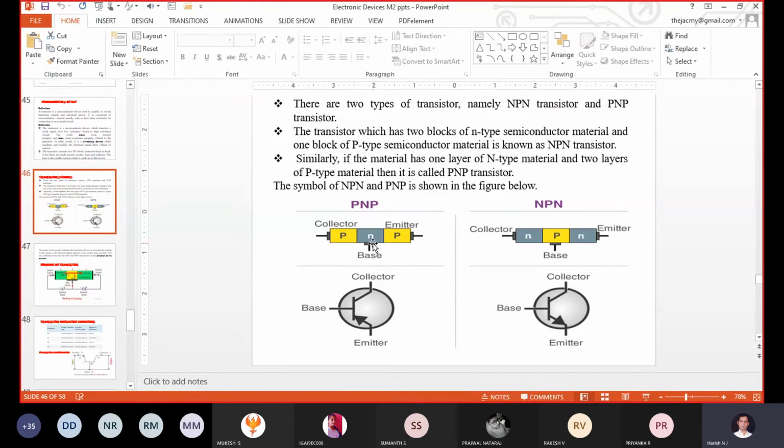I already told you the transistor concept we can analyze with the help of two diode connections. Correct. How the diodes are connected, just check it out here. PN will become one diode, NP will become one diode. The back-to-back connection of two PN junction diodes will provide the same function of a PNP transistor as well as the NPN transistor. Did you get it? Correct.